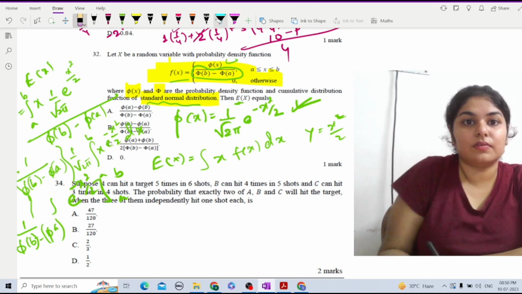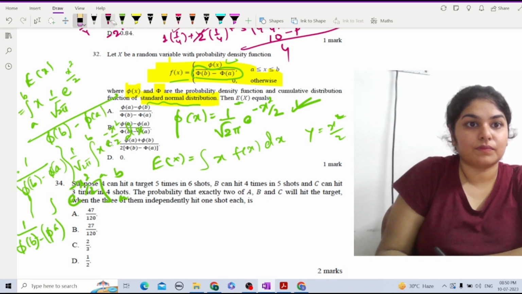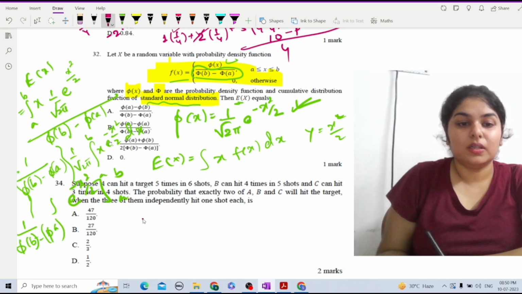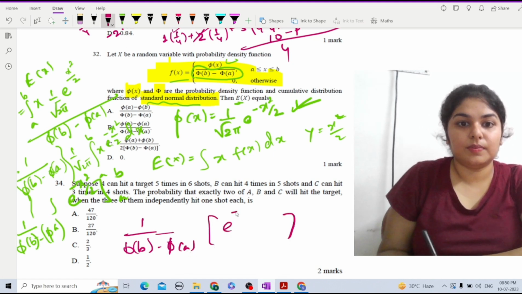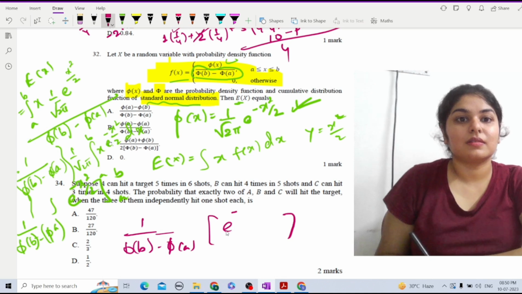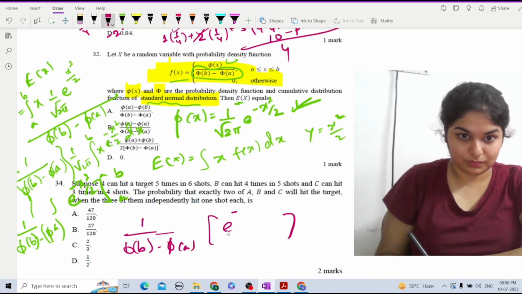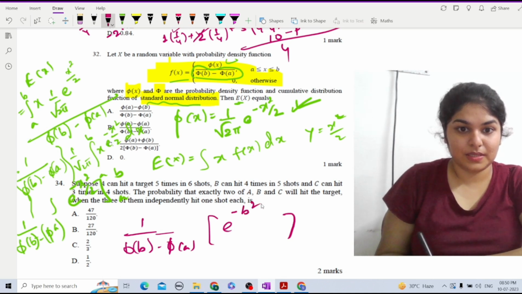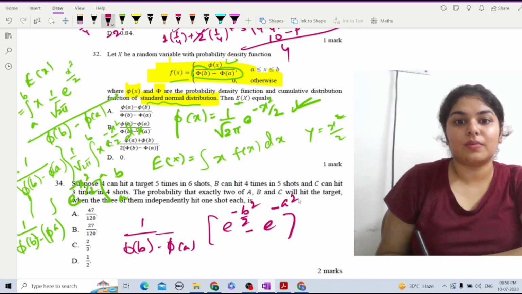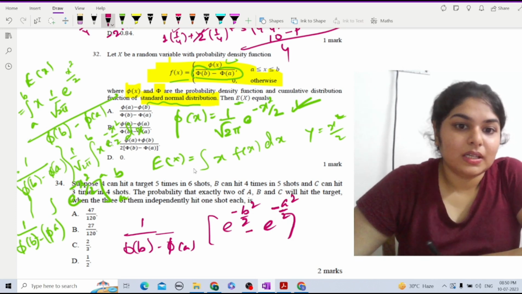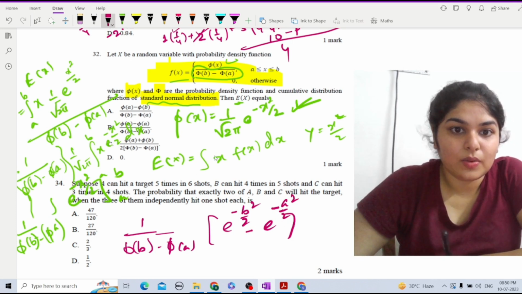So ultimately the answer will be 1 by (5b minus 5a) times e to the power minus b square by 2 minus e to the power minus a square by 2. Okay, now this e to the power minus b square by 2 is